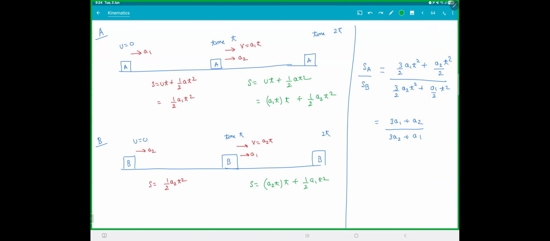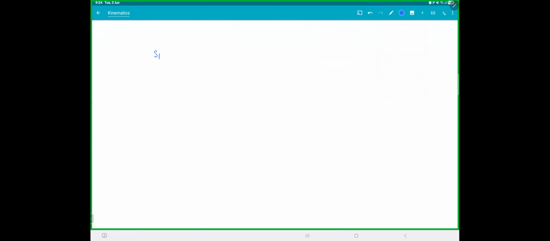Clear? How do you get the ratio here? Samyak got it. Utsa got it. We have two answers. All clear with this function? Now, this is just a little mathematical thing. So we got SA by SB